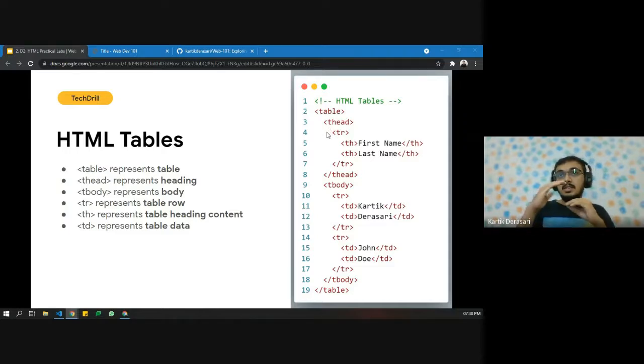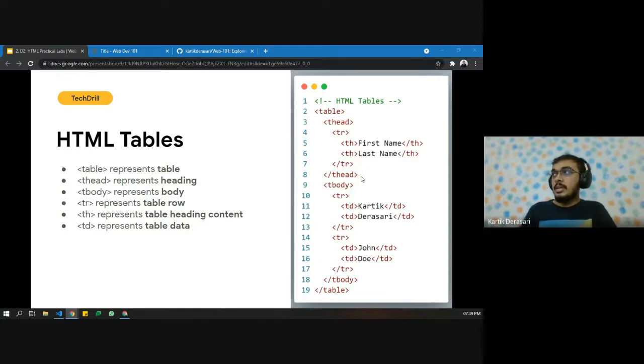And inside that we need to use a whole row. So we will use tr as a table row. We can define a whole row using tr, and inside that we will use th, which is table heading. All of this code is also described over here, so you can also quickly check over here.